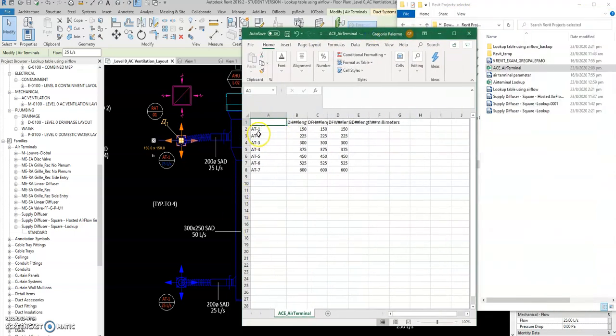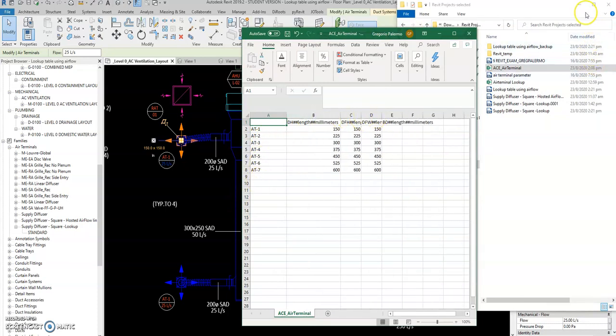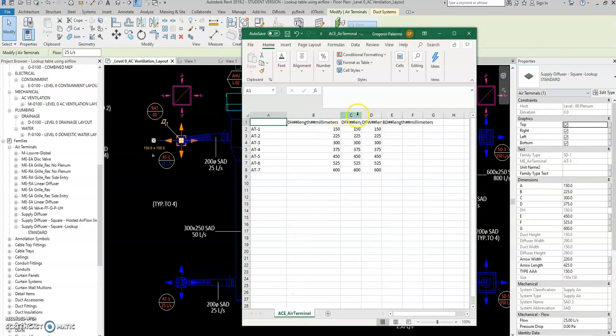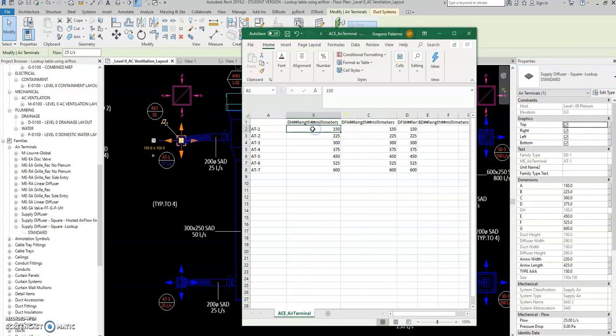So if 801234, and if you have a duct height equivalent to 150, then the air terminal naming, the tag or unit name, will be 81234567. So 81 you see here. So anyway,